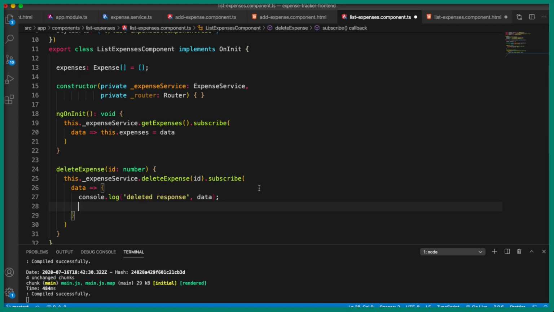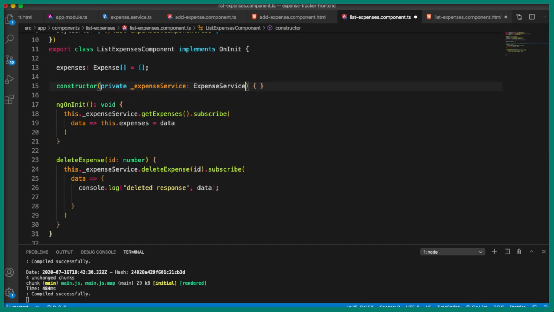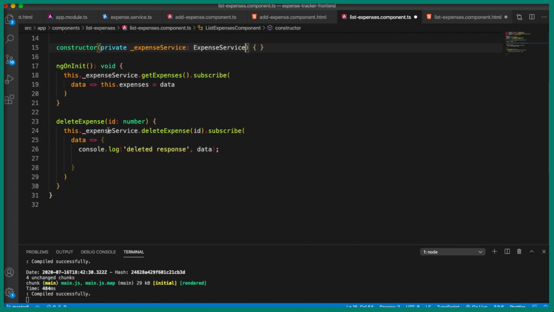Let's remove this, and let's quickly remove this as well. All we need to do is, once the expense has been deleted, we have to refresh the table.